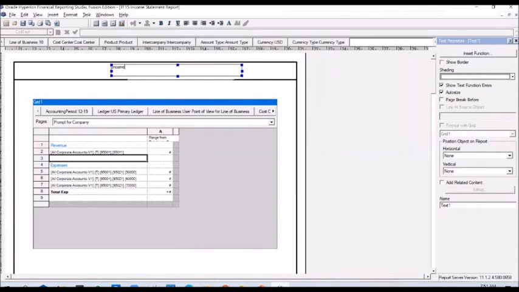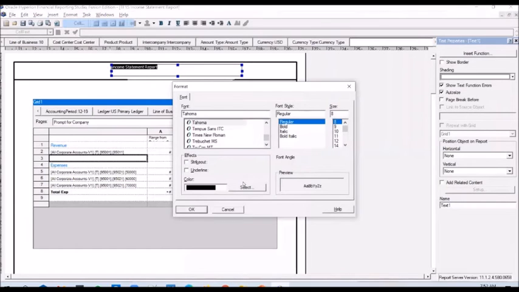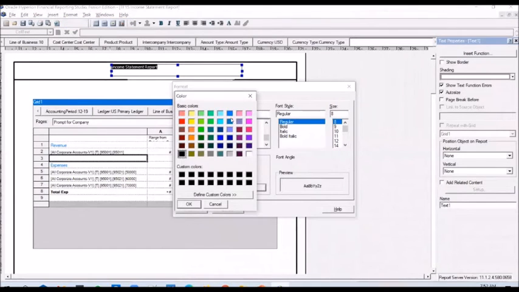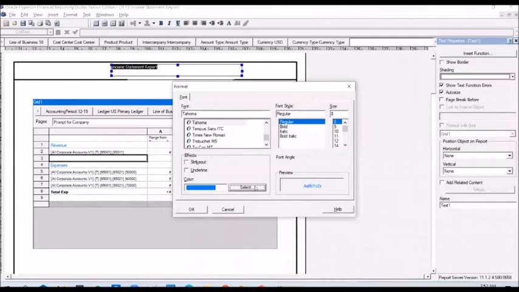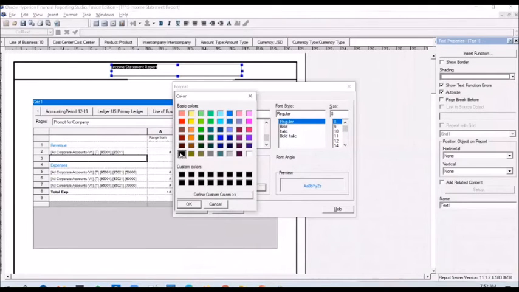You can say that it's an income statement report and you can format it. Or rather stick to the black color, but increase the size of the font.